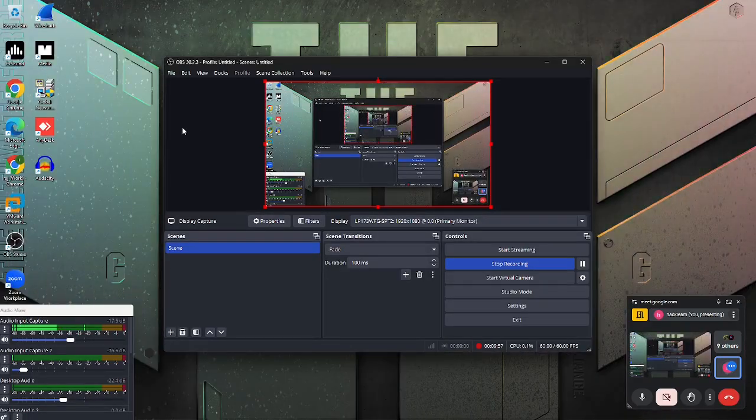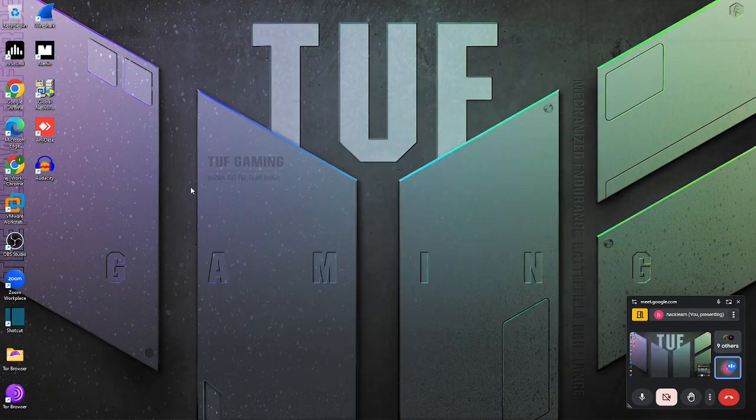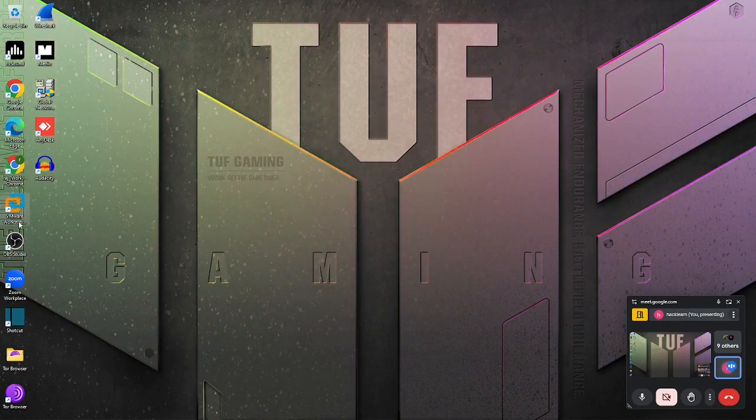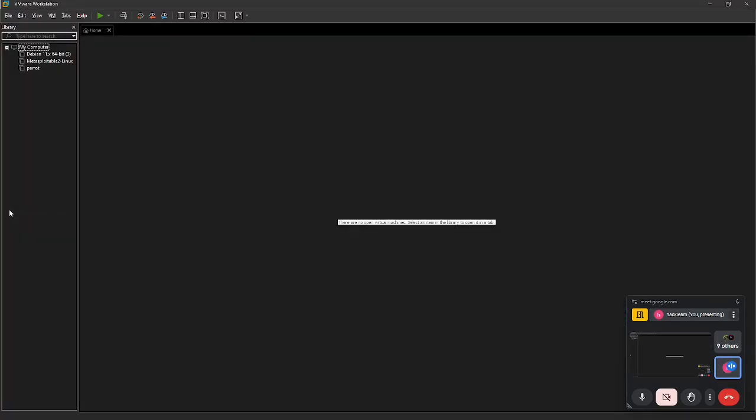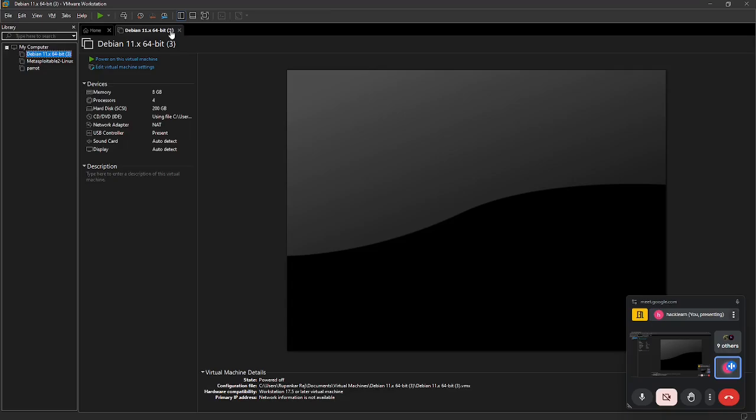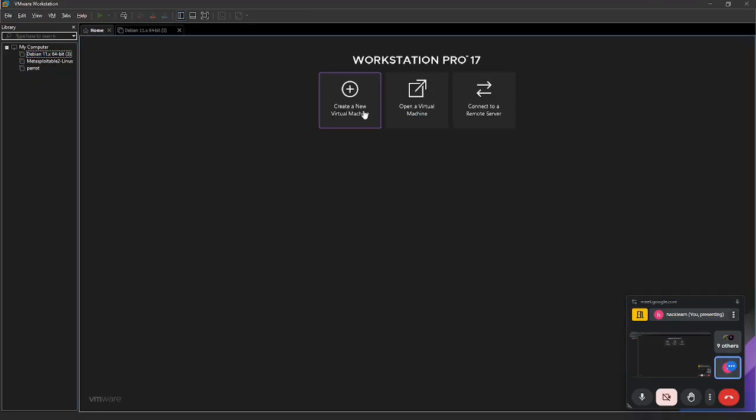VMware Workstation, it will look like this after installation. I hope everyone can see my screen over here. It will look like VMware Workstation like this. From here, you just need to double click. It will open, and over here you need to create an operating system. First you go to Home, then you create a new machine,